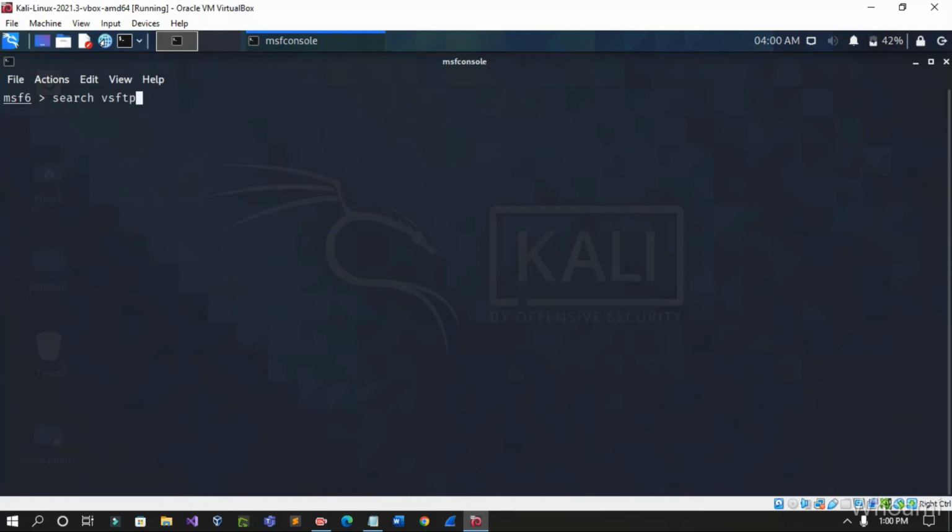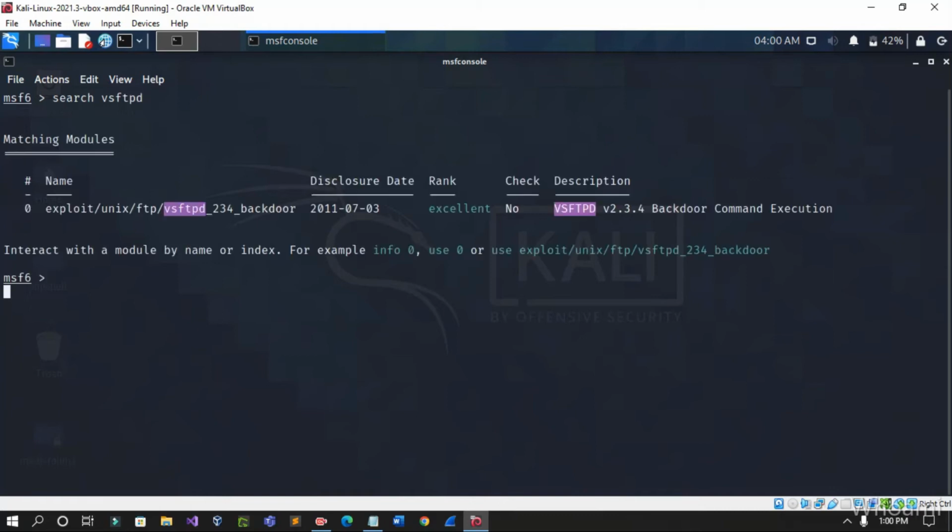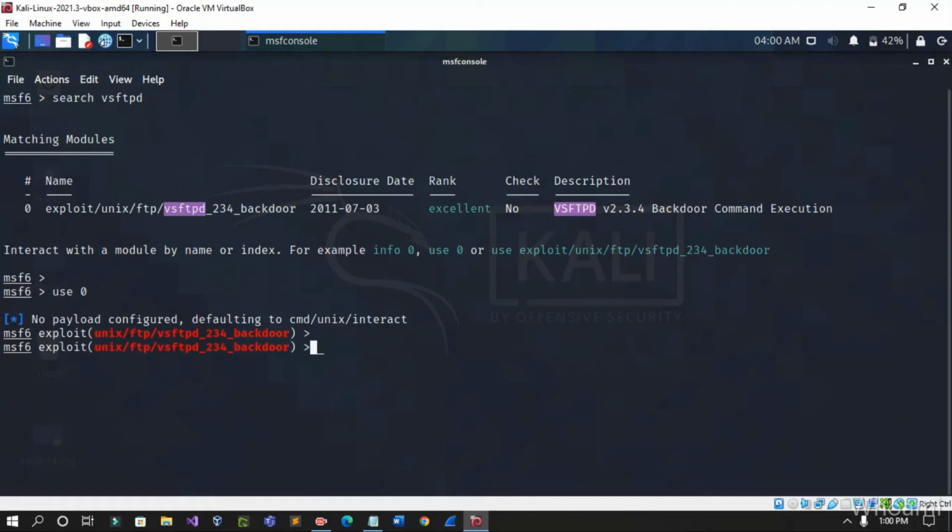Here I took an example exploit, vsftpd backdoor command execution. To interact with exploit, type search vsftpd. Now type shortcut command use 0. The show options command will show you the available parameters for an exploit if used when the command line is in exploit context. Let's use the